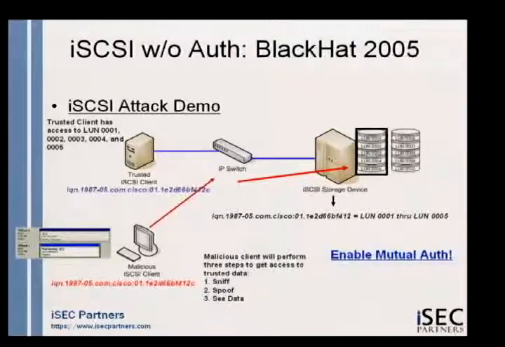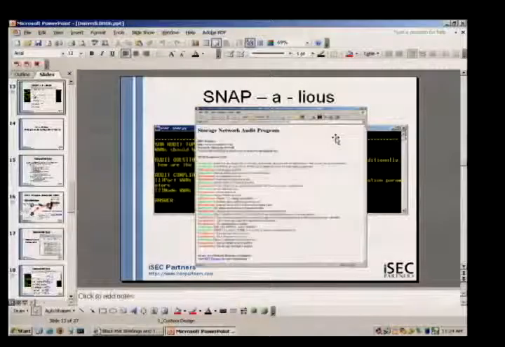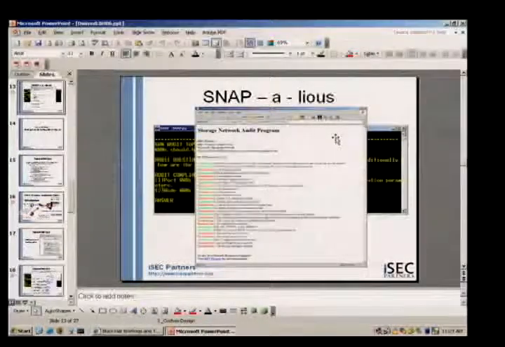So to prevent this attack, you use mutual authentication, which is very different from the solution we just talked about, even though it's the same attack class. That's the whole idea of SNAP: the solutions for the exact same attack type were different. That's where I've seen a lot of confusion in storage security. People might be aware that there are problems, but there's nothing out there to really help them along. On one side, you have people like me saying there are problems and you've got to do something about it. On the other side, you have the storage guys saying, yeah, there are problems, but just use VLANs and you'll be fine.